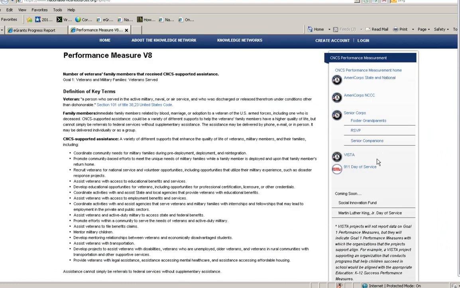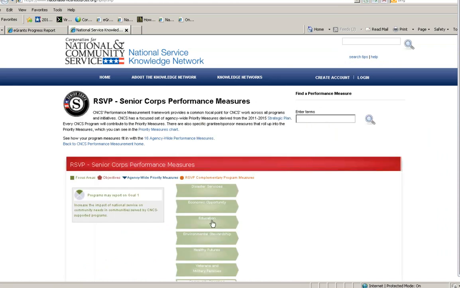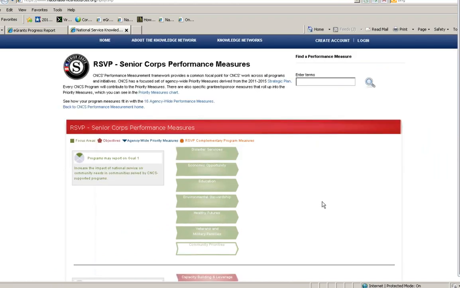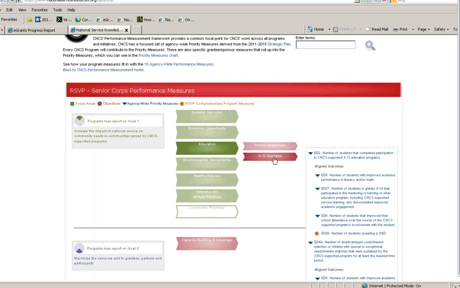This is most likely the case in RSVP, because RSVP is one of the 3 programs that can do capacity building type activities, even if they're not captured with the capacity building measures. So if I click on education and I go to K through 12 success,